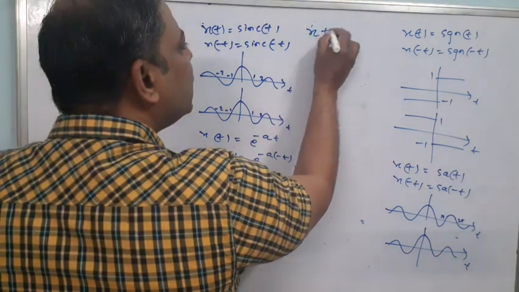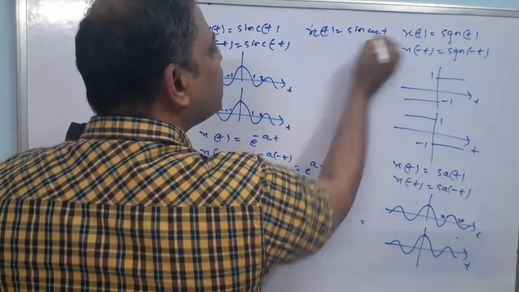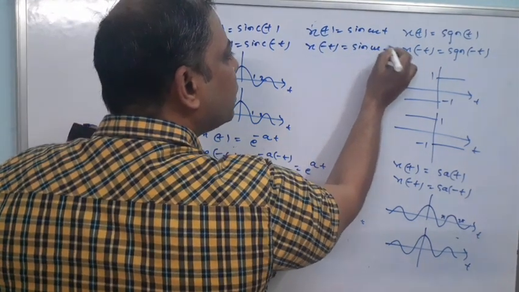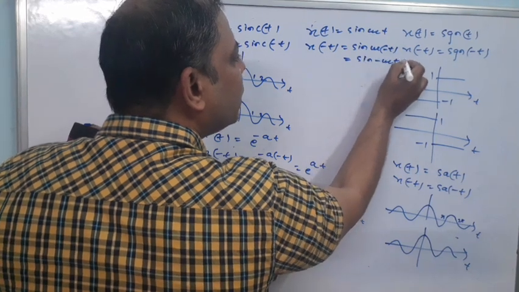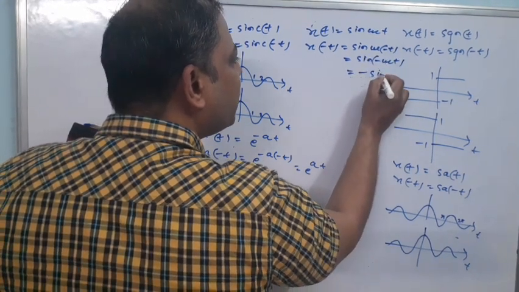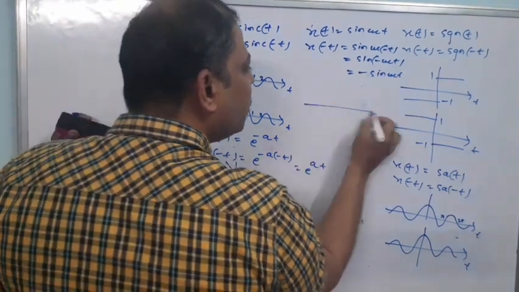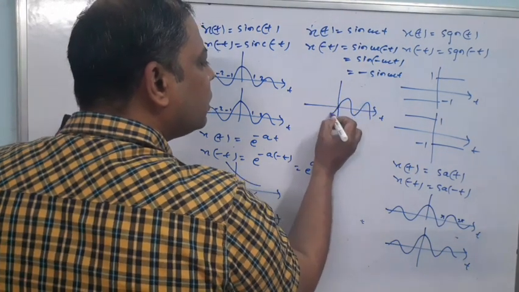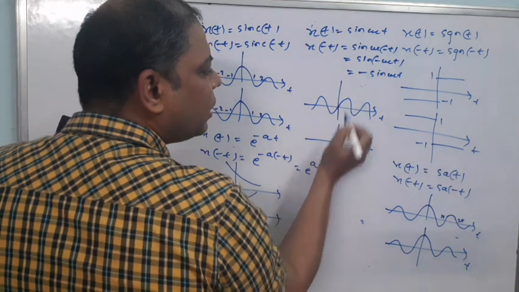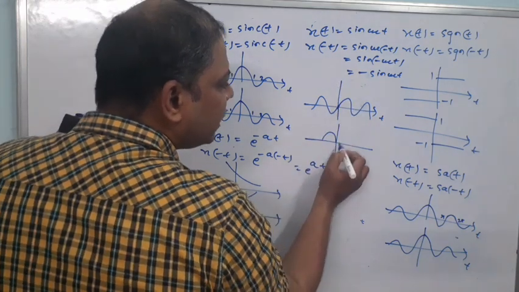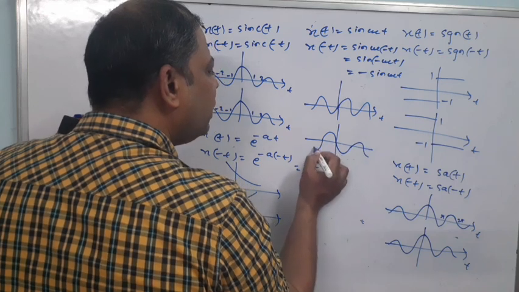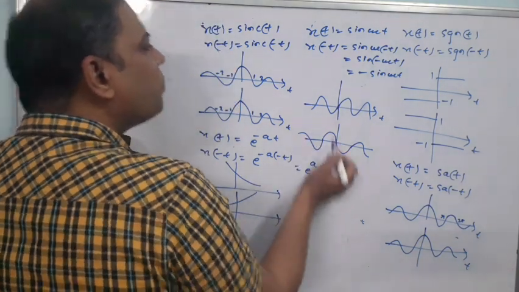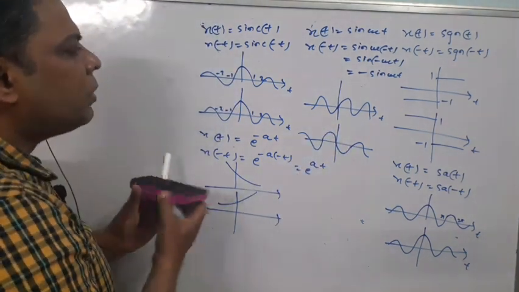Now suppose x(t) is equal to sin ωt. It is very simple. x(-t) is equal to sin(ω(-t)), which is sin(-ωt), that is, -sin ωt. Otherwise, this is your time axis, and this is your sine function. If you imagine a mirror here, then this side becomes this side, this reflection. So at the origin the original is rising, and the reflection is falling. Just remember. Similarly, you can sketch for the cosine signal.